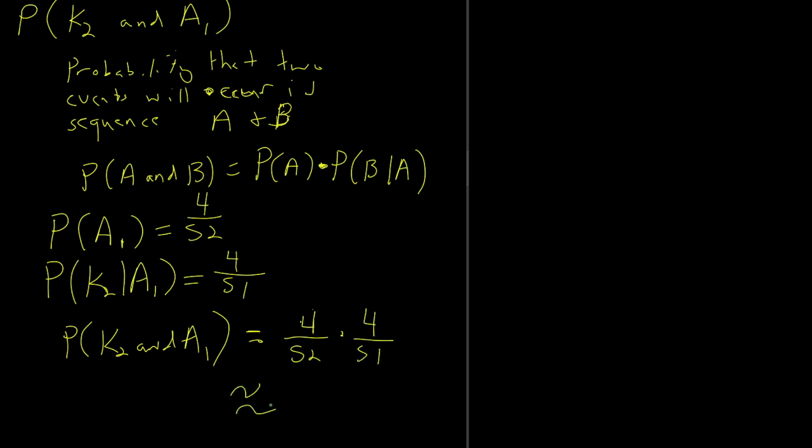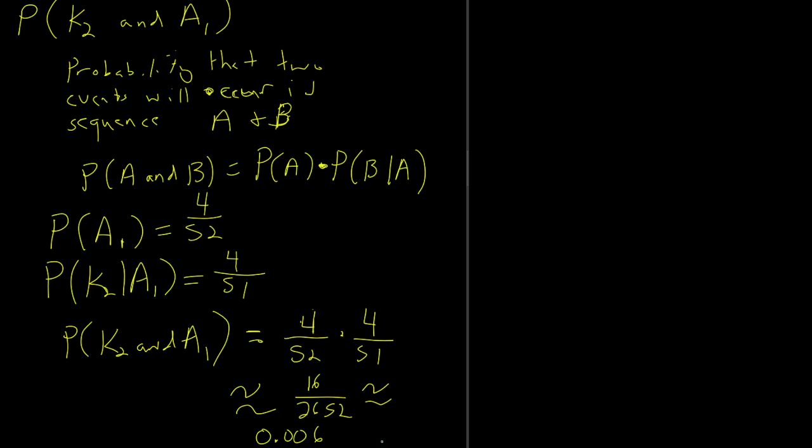And let me grab my calculator here. 4 times 4 is 16. 51 times 52 is 2,652. 16 out of 2,652. Well, let's get a decimal approximation of that. So it's about 0.006